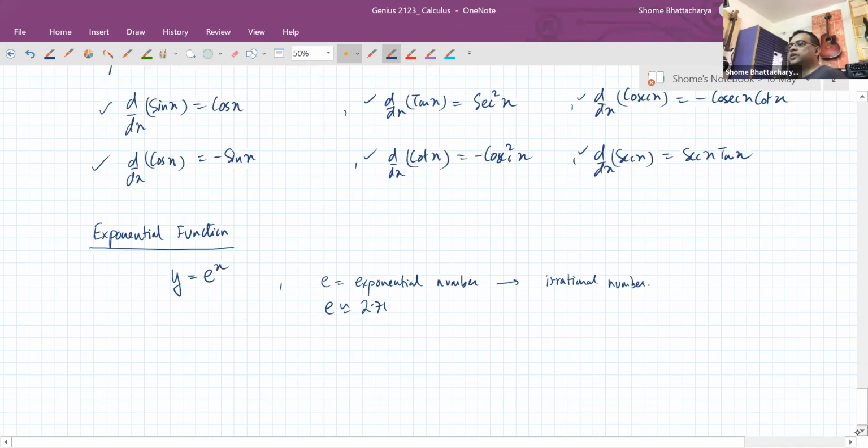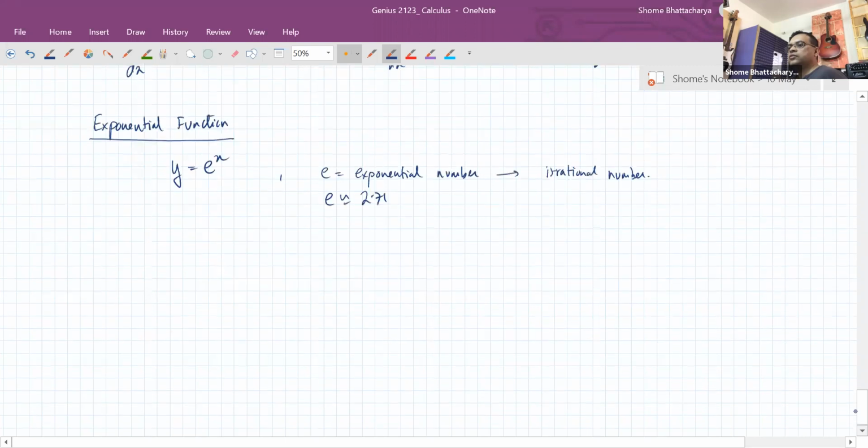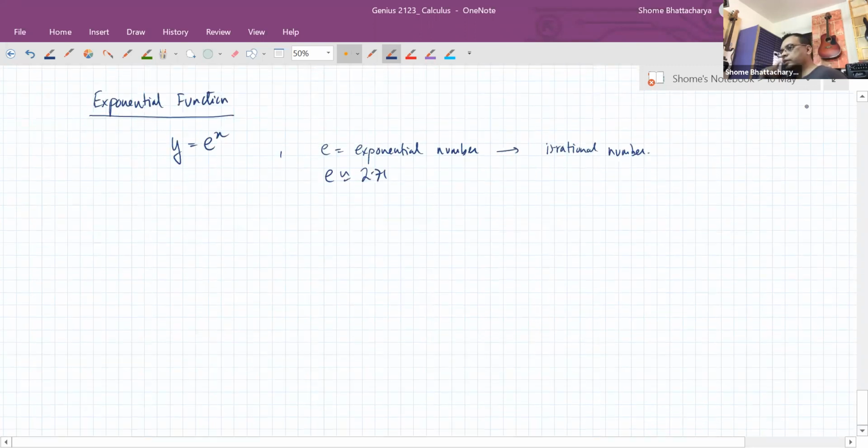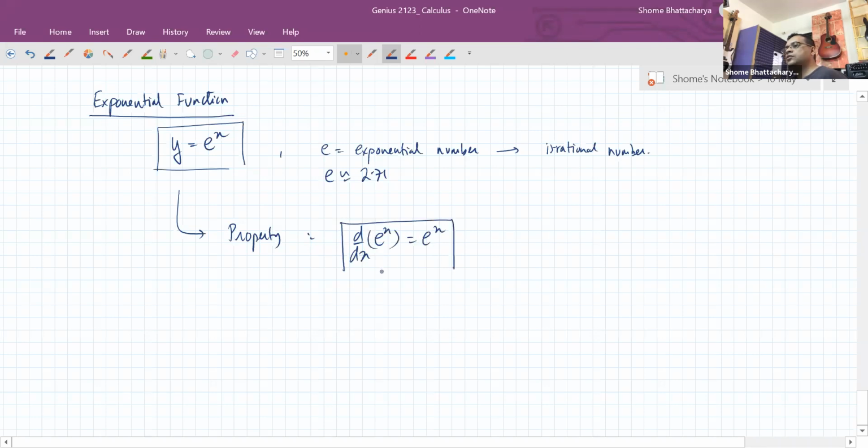Now, what is the very interesting property of this function? This exponential function has a very important property: the derivative of the function, or the differentiation of the function, is the function's value itself. Okay, so what this means is that